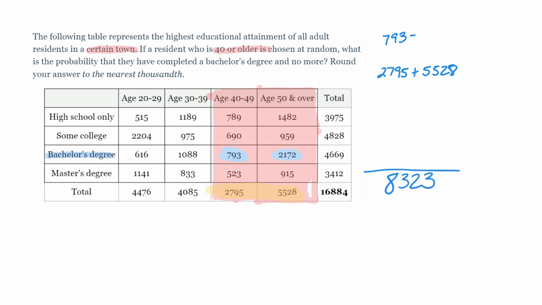Sorry about that. So we are going to add 793 to 2172. And that is a total of 2935. So our probability is approximately